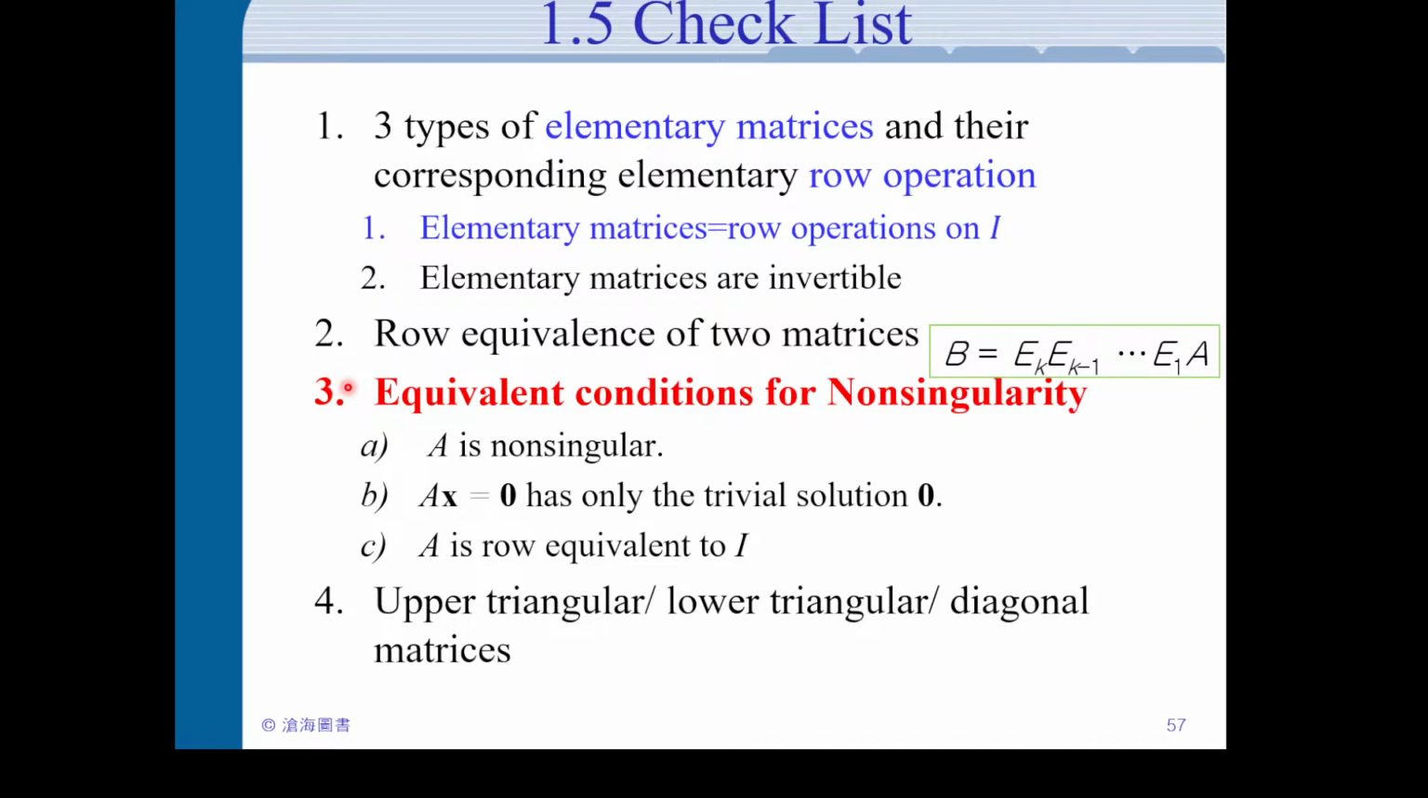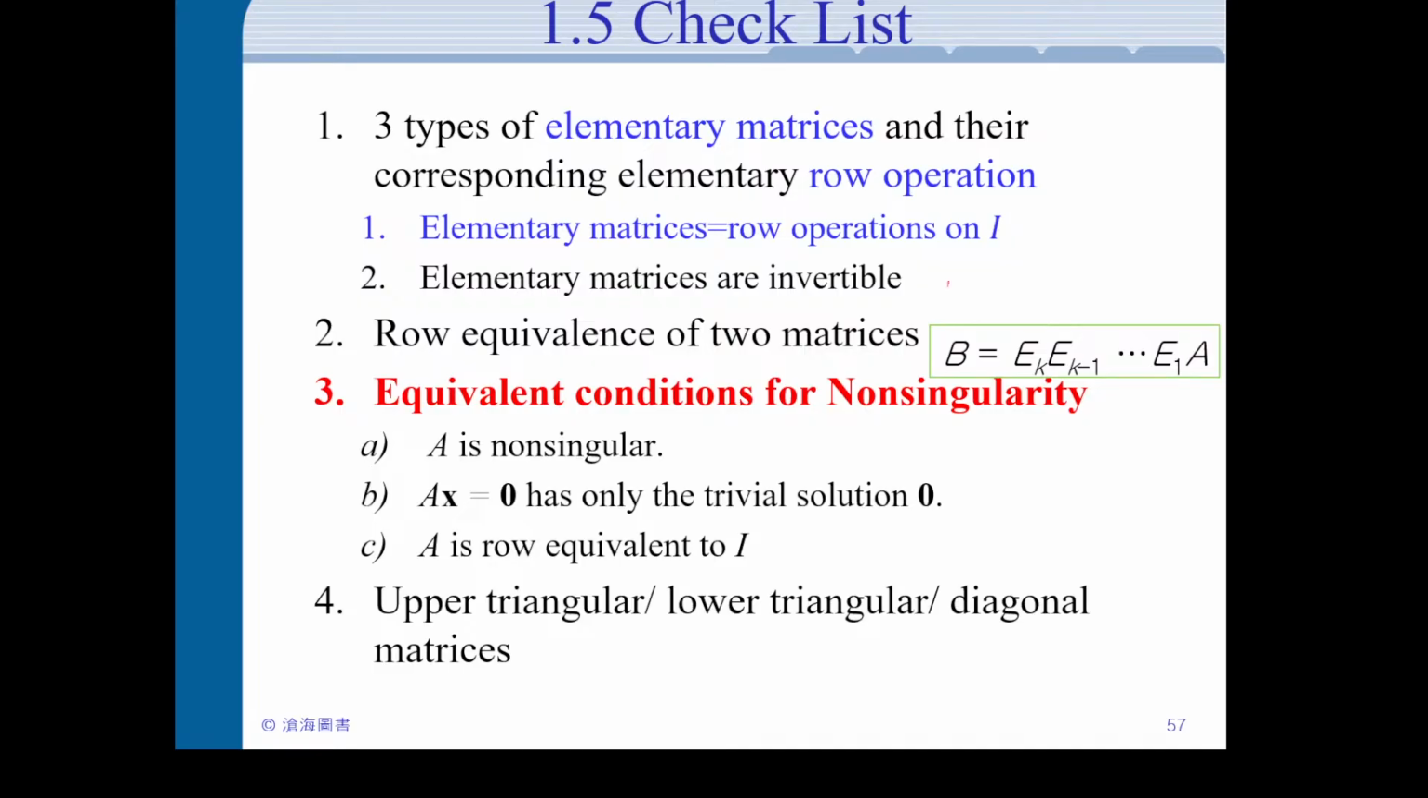So the big part about this section is we have 3 types of elementary matrices that correspond to elementary row operations. Okay, and so their definitions, that is just how you get the elementary matrix: you just apply the corresponding row operation on the identity matrix. And then we have elementary matrices are invertible, and I guess we should also have another